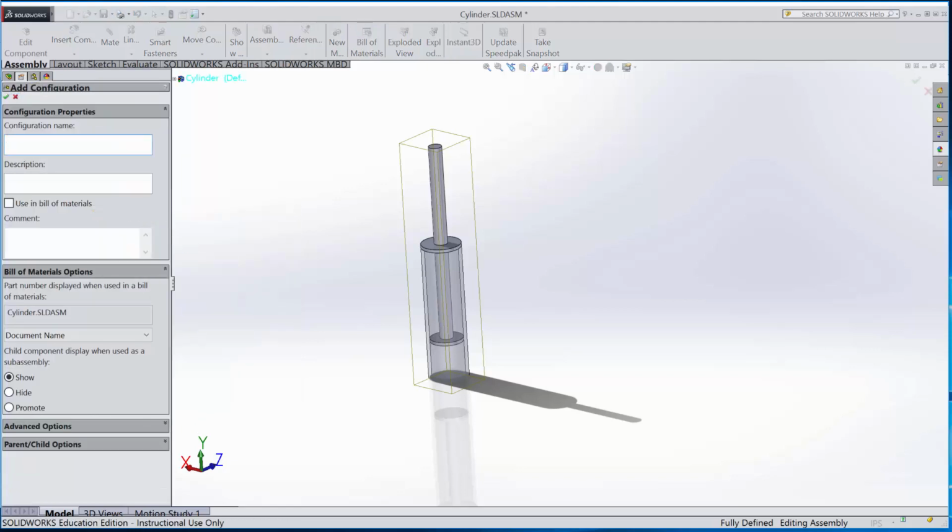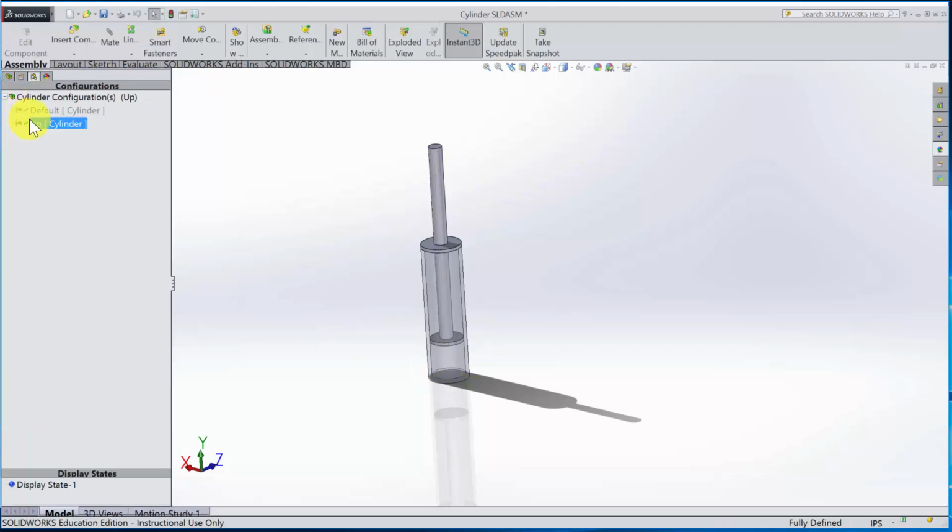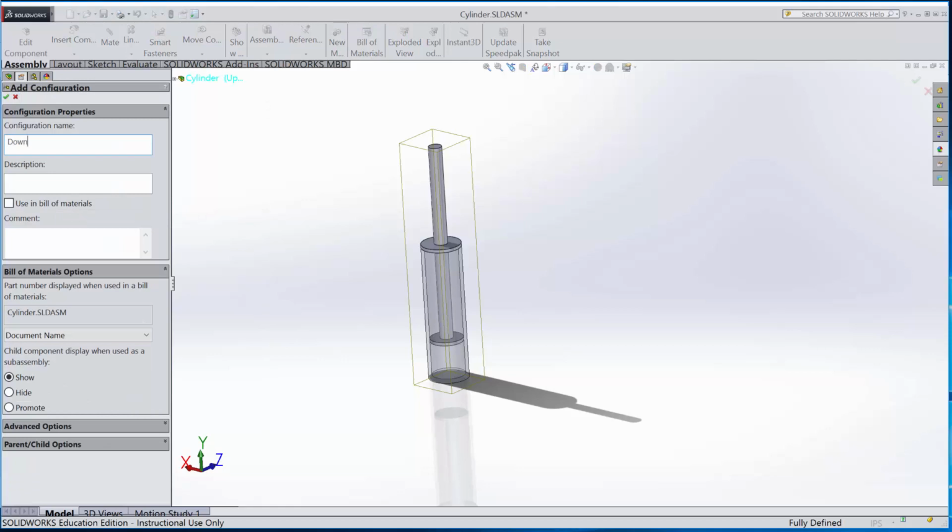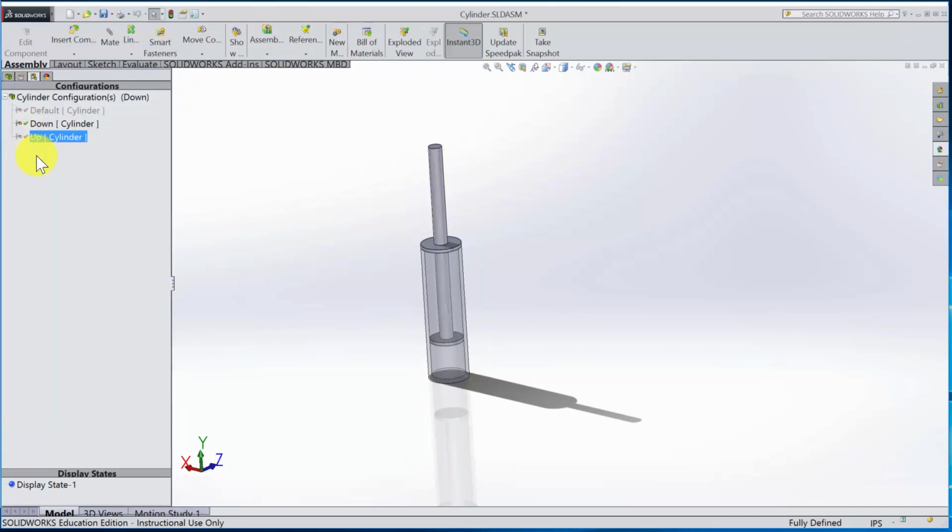Add configuration. I'll call this one up. And I'm going to do it again. I'm going to go back to the cylinder configuration and add configuration. I'm going to call this one down. And my goal is to have some constraints up and down. Okay. And then default, by single clicking, I can rename the default as free. This is the one that I currently am on, where I can move it around. Okay. So now that I have those configurations created, and free is the one that I'm currently in,